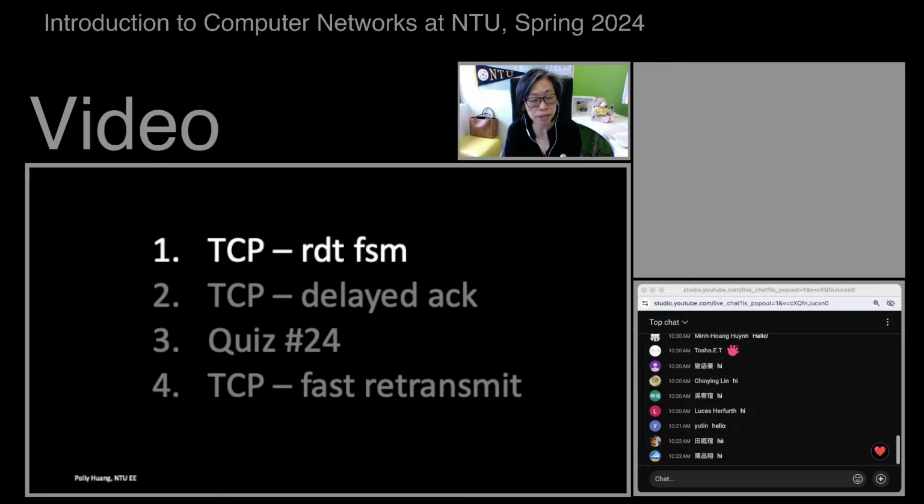The first video is the sender side's finite state machine. This video is a little bit long, about 7.5 minutes. It's long for a reason: Polly is going to introduce the finite state machine, circles and transitions. Then Polly will describe the finite state machine in a very descriptive way using English. And finally, Polly will describe it again, this time transformed into pseudocode, such that if you give it to any programmer, they'll be able to program the sender side of TCP. So this is what this video is about.